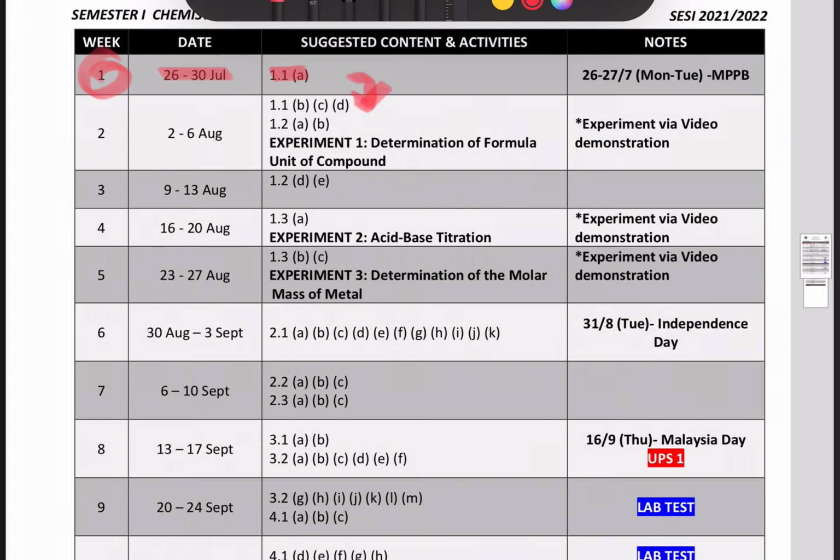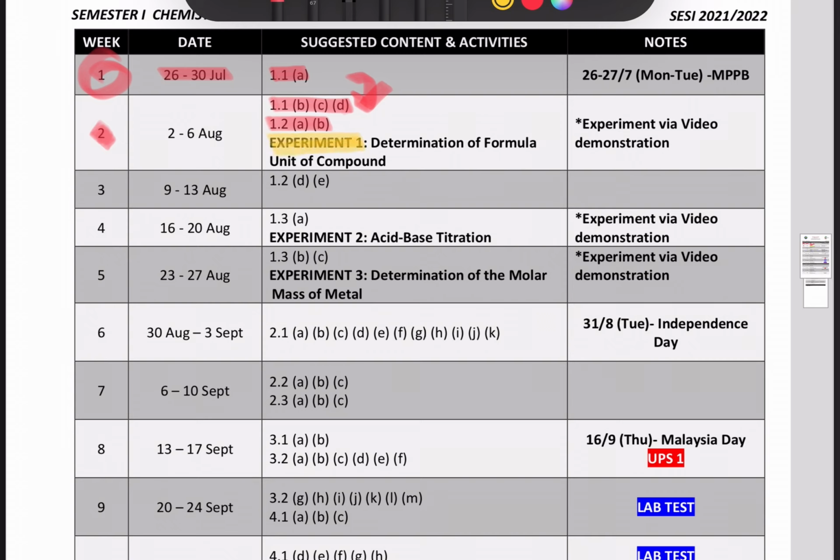For week 2, which is this week, we will cover these subtopics for lecture and tutorial. And then for experiment 1, you will do experiment 1.